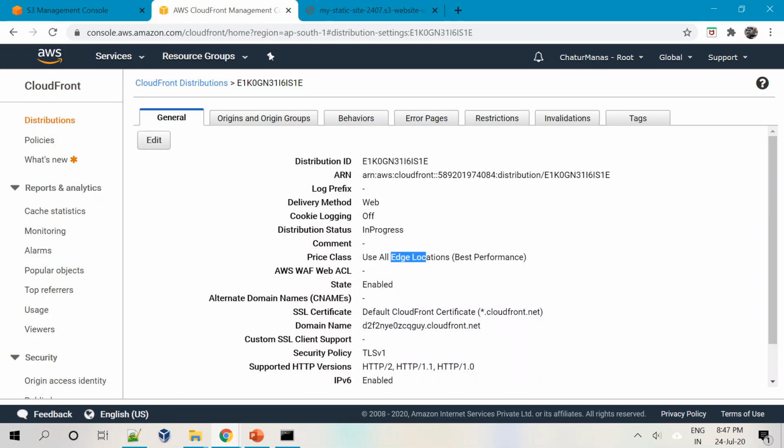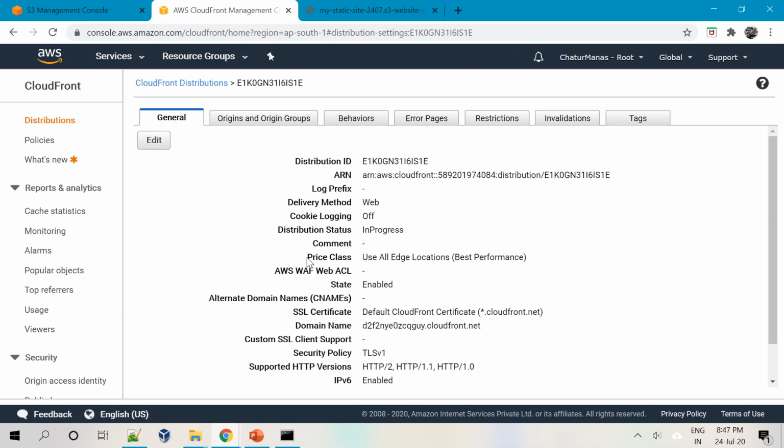So it's going to distribute this content to all the 76 locations. The other option that you have is only the US region, and the other one is the US, UK, and those regions. So depending on where your customers are located, where the users for the website are located, you will have to choose that particular price class.